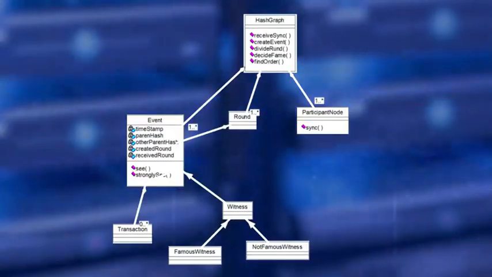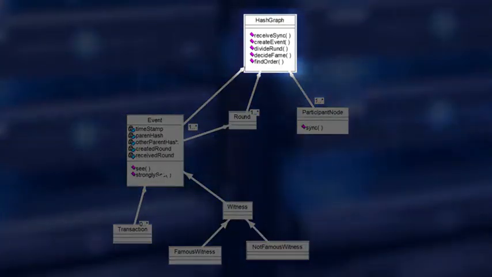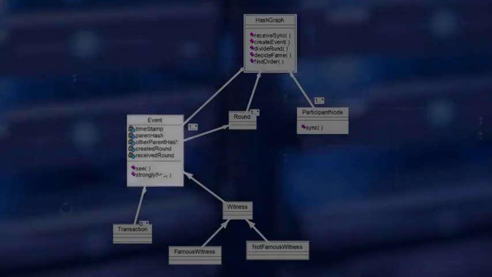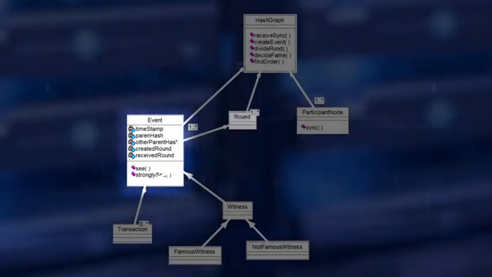Here is a visualization of the elements of the Hashgraph using our traditional class diagram. Hashgraph is generated by the participants syncing or gossiping, as you see on the participating node class. Hashgraph is made up of events. It can also be viewed as rounds of events, as indicated by the round class.